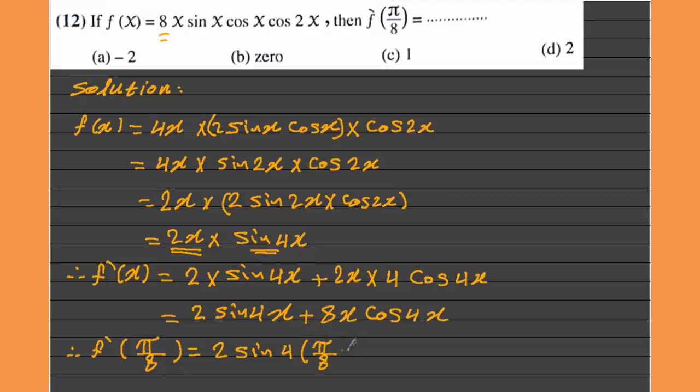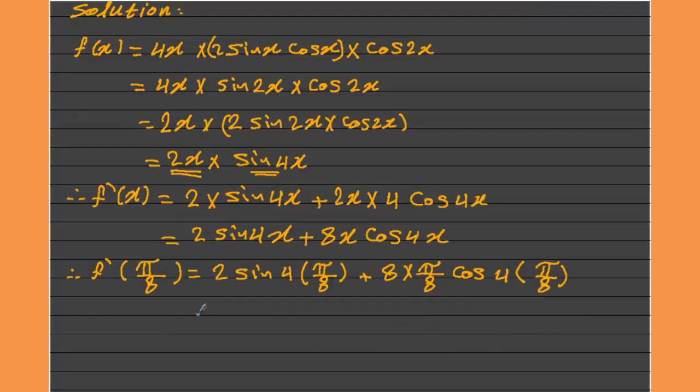We substitute x equals pi over 8, plus 8 multiply pi over 8 cosine 4 multiply pi over 8, which equals 2 sine 4 times pi over 8